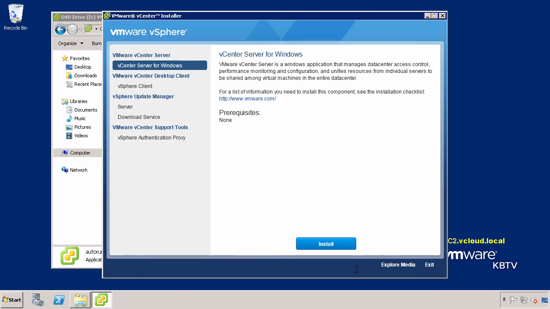This concludes our look at installing an additional Platform Services Controller within a vCenter Server 6.0 environment on a Windows